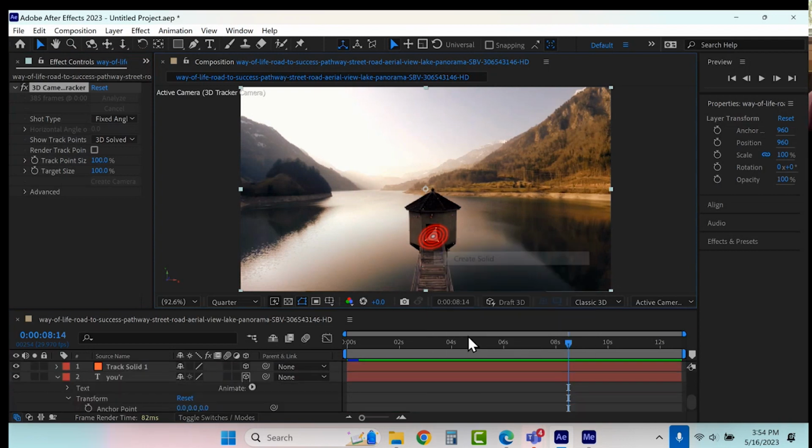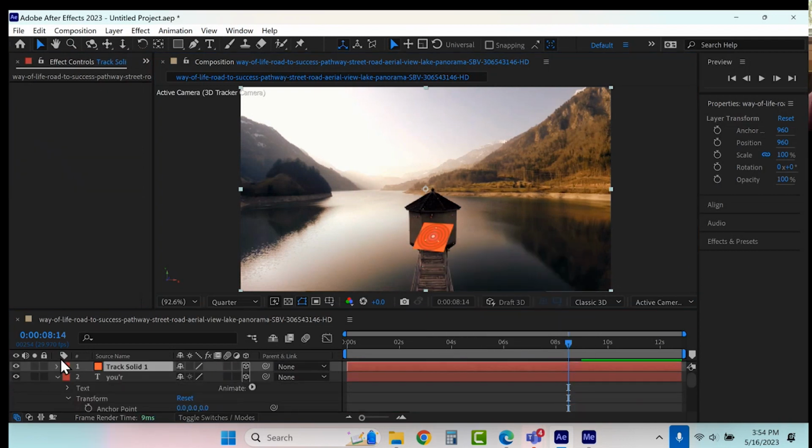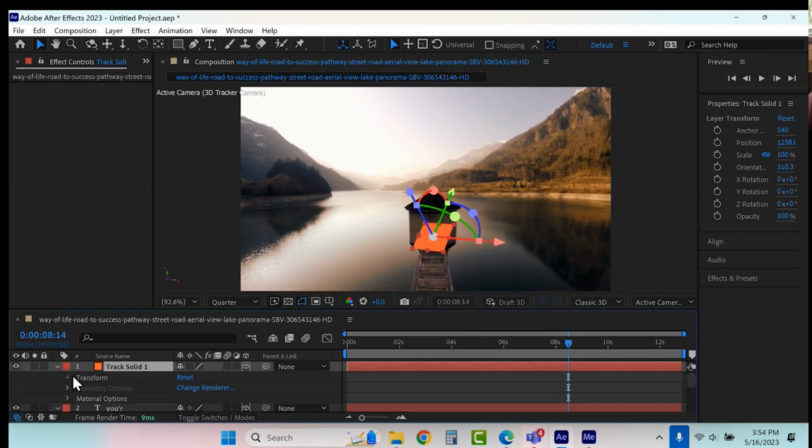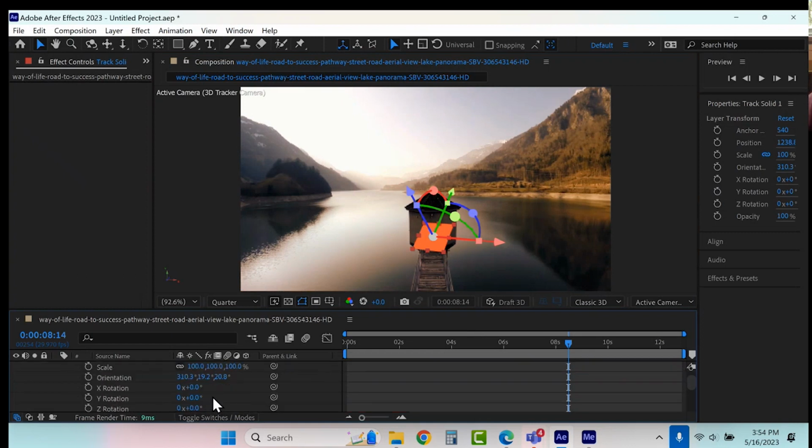Okay? Create that solid. Now that I've got that solid there, you can see, of course, how I need to nudge and adjust that solid where Y is up. I have it facing right at the camera here.